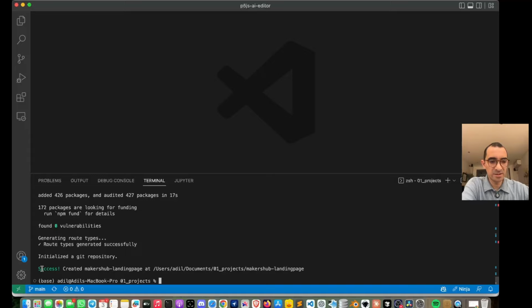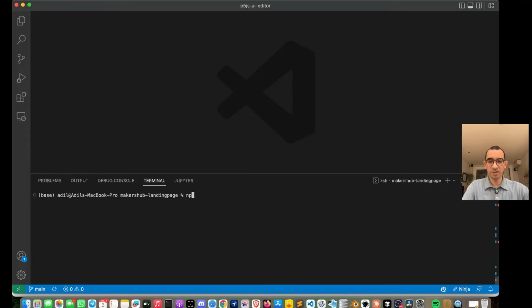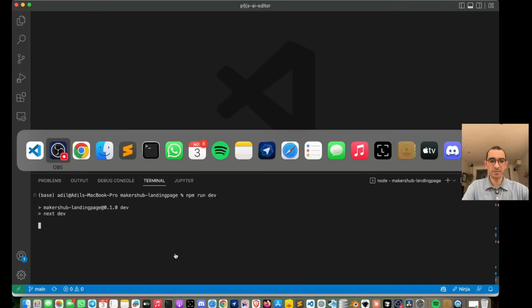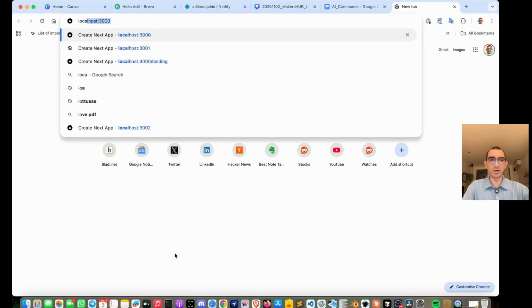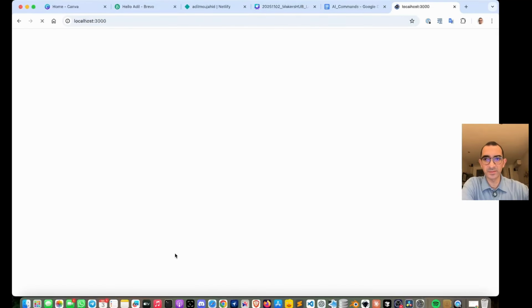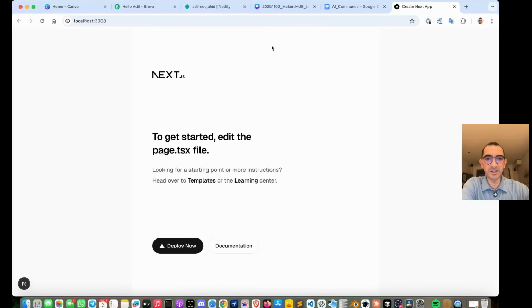And you can see here that it's a success, created MakersHub landing page. So if I enter into this folder and I do npm run dev, and I go to localhost 3000, I can see my basic Next.js application. So the next step is we will delete all the content here, and we will use this project to build